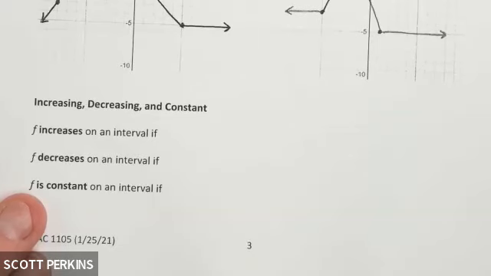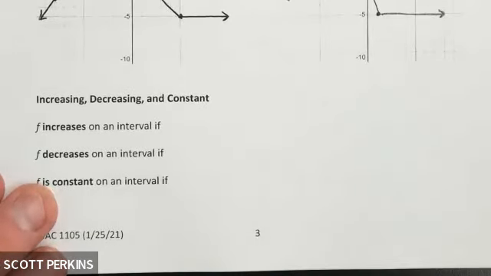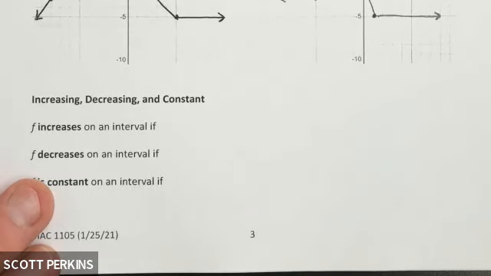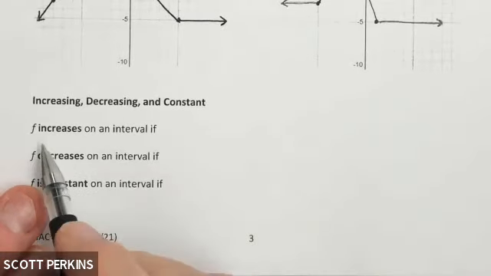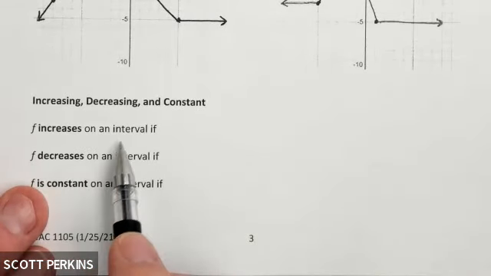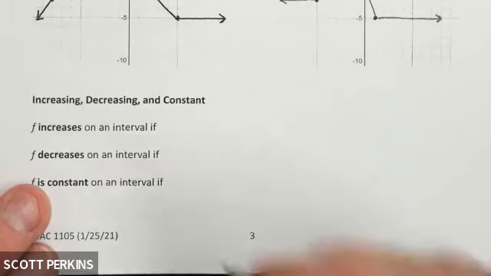How about decreasing? What does it mean for something to decrease? It's smaller. Perfect. And what does it mean for something to be constant? Stays the same. Excellent. So you have told me intuitively what this means, and that is fantastic. And so what I'm going to now tell you is what the mathematical definition of increasing and decreasing and constant are. And then we're going to learn how to identify those on our graphs and to give our intervals. So a function is increasing on an interval if the following is true. If